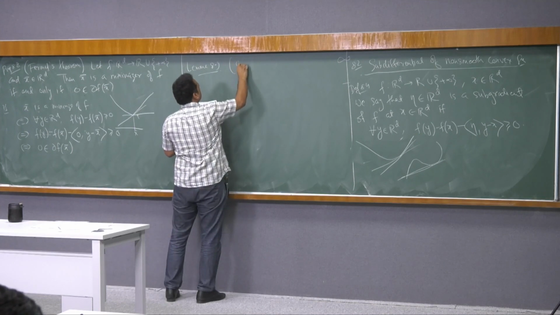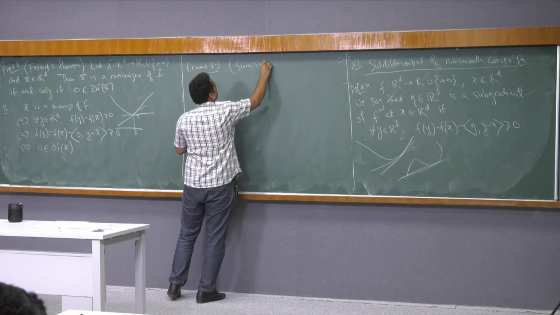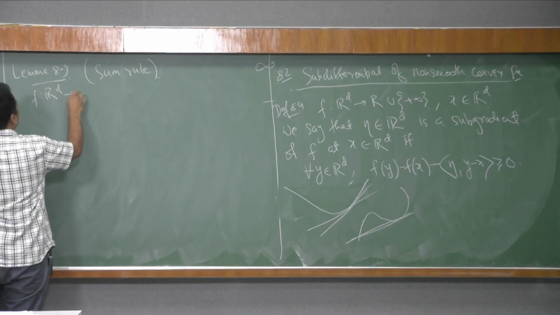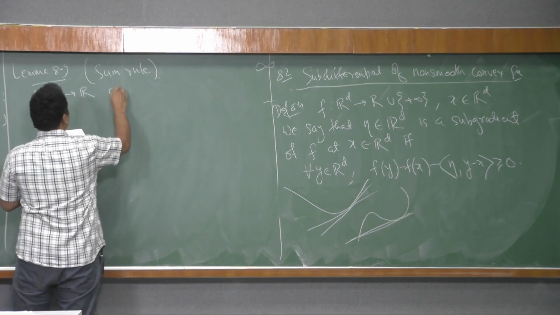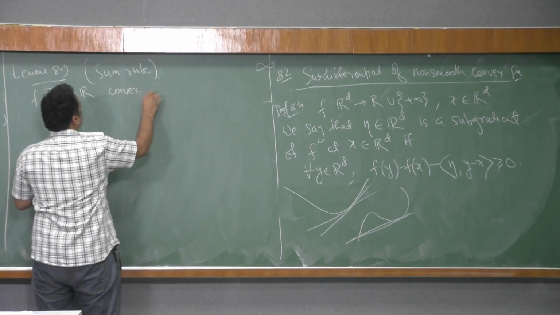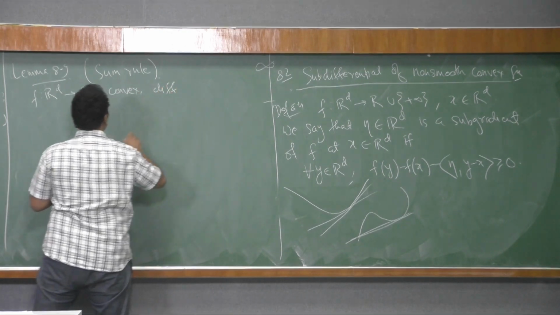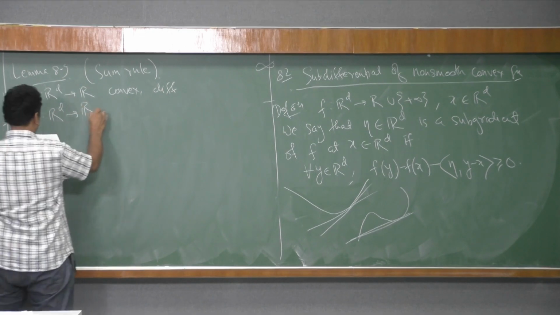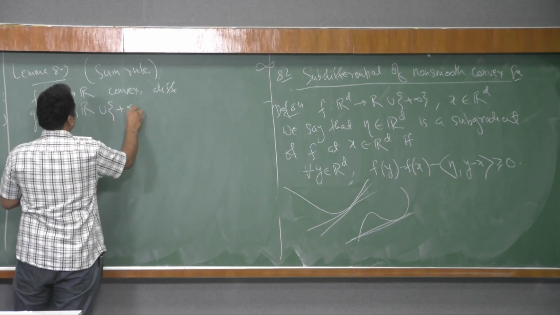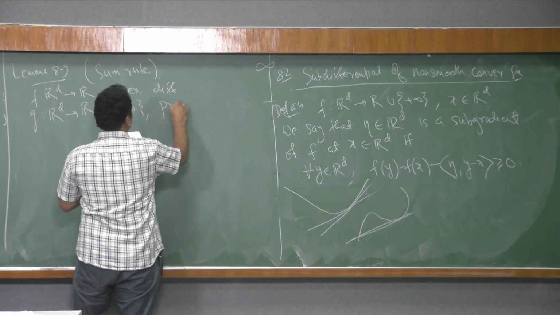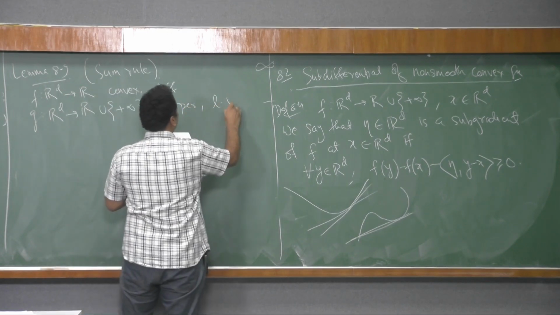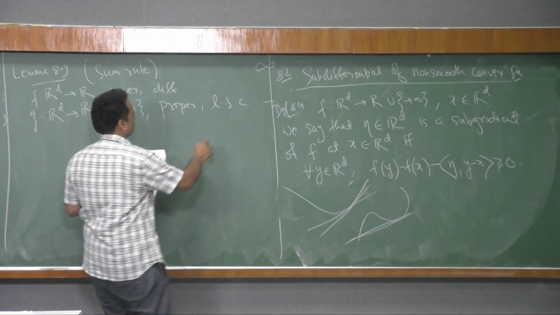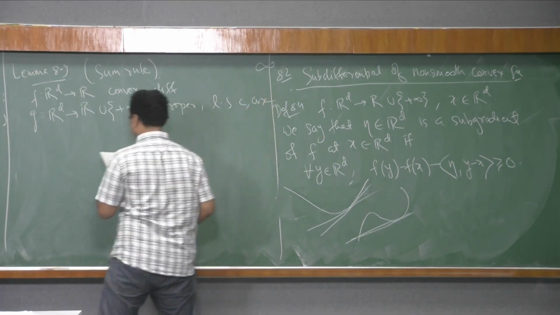So this is also something we have done, which is the sum rule. Let f from R^d to R be convex and differentiable, and let g from R^d to R union plus infinity be proper, LSC, and convex. Then